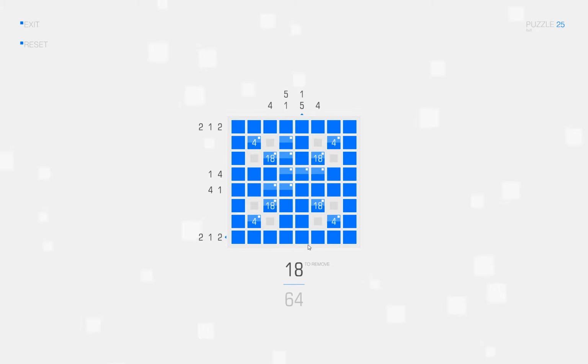In this column, it's the other way around, I suppose. 1, 2, 3, 4, 5. Or 1, 2, 3, 4, 5, and space and 1. So 1, 2, 3, 4, 5. So it has to be these 4 at least.